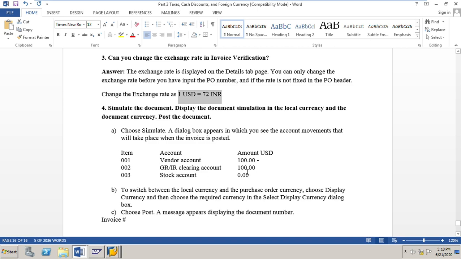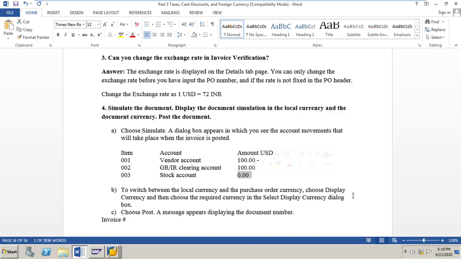If I see the amount in US dollar, it will be zero, because in US dollar I am going to pay $100 to the vendor, but the difference is only in Indian rupees because of the difference in exchange rate. Hence, I will be able to see the difference between the vendor account and the GRR clearing account only when I simulate in Indian rupees.